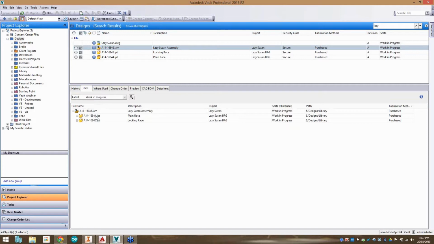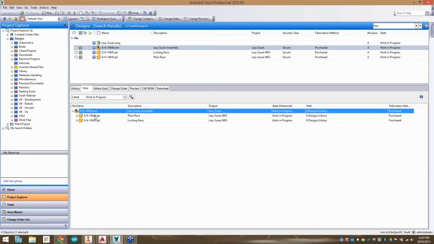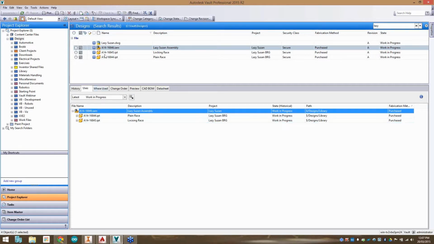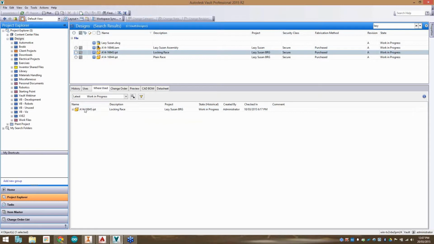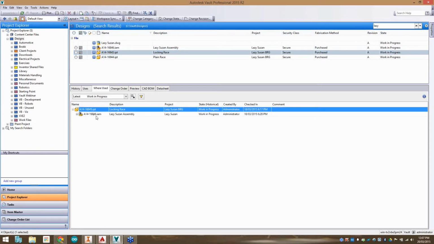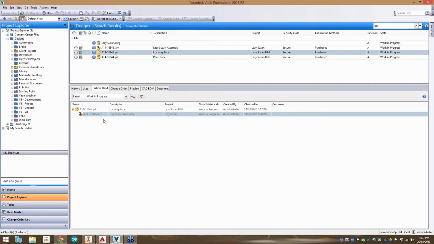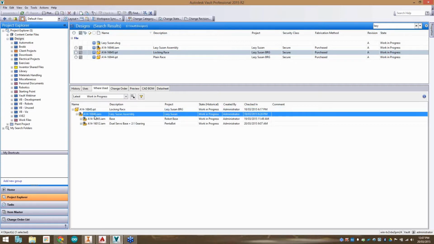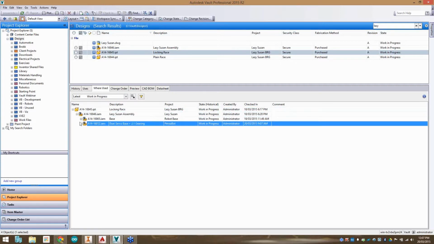We've got uses, and this is extremely useful for those using Inventor, and in some cases AutoCAD as well. Uses, for example, will show you what parts are used within that assembly, and vice versa. If I click on where used and click on a part, it will tell you that part is used in this assembly. Now, for an Inventor user, this is extremely useful because it will tell you that if you were to modify this part, it will have an effect on all of these assemblies,